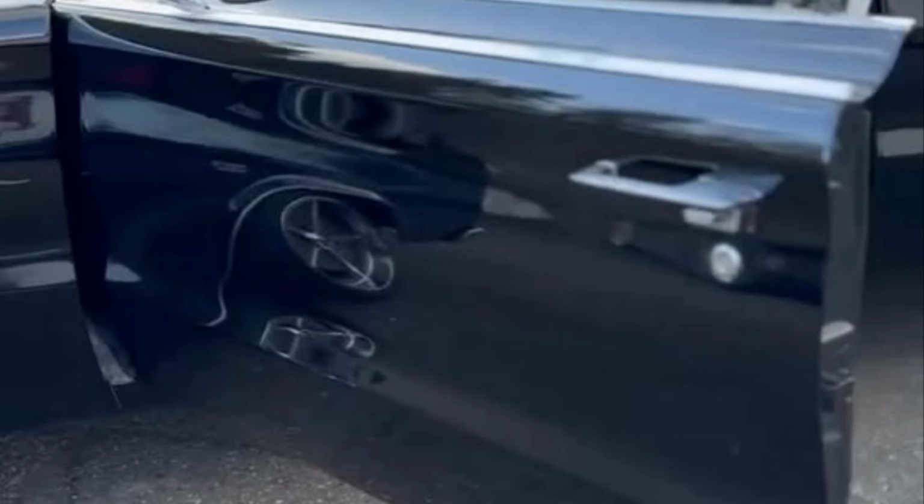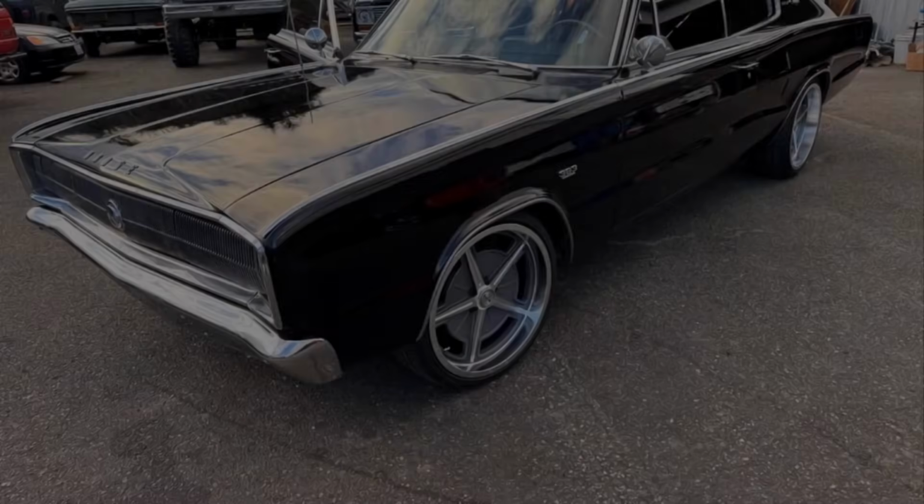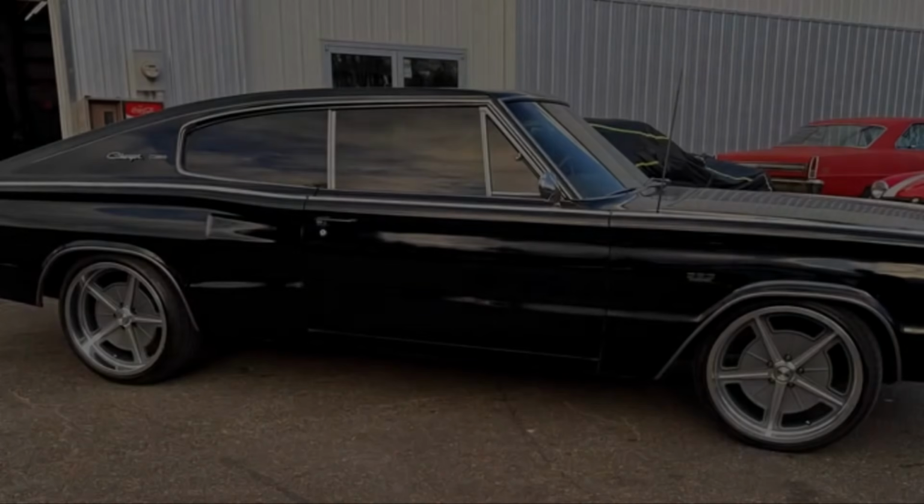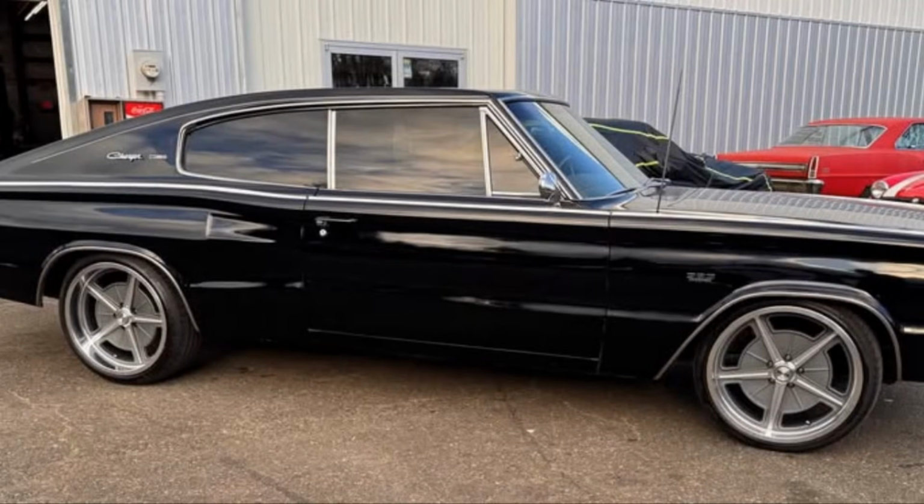This combination of early Charger styling and big block power represents one of the most appealing configurations for enthusiasts who value both visual impact and performance. While originality has been preserved in the core of the car, a few thoughtful updates have been made for practicality